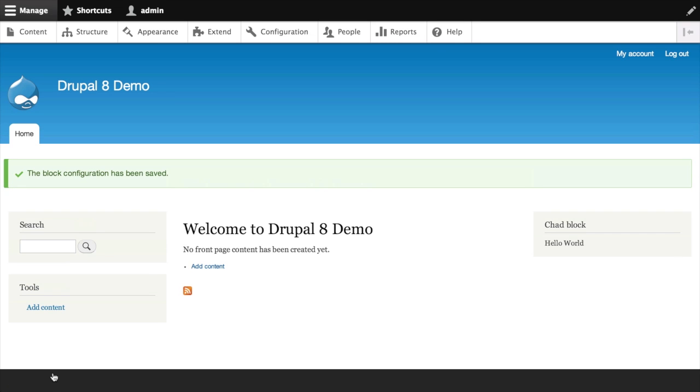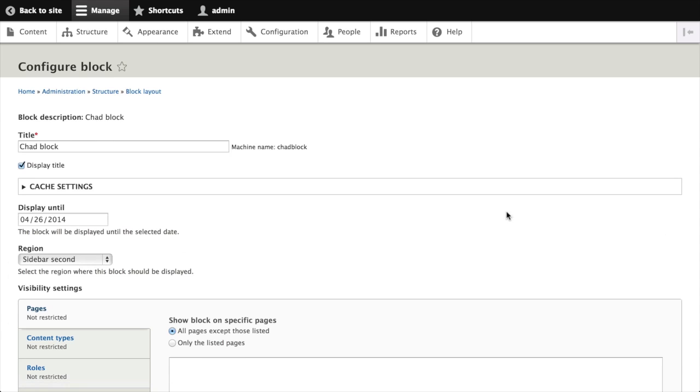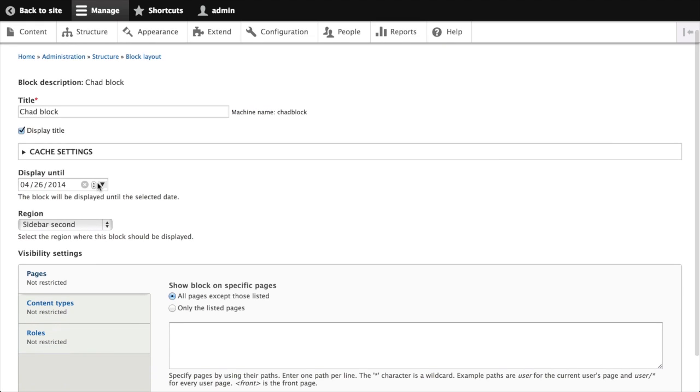Drupal ends up calling the block submit method that we just added to our Chad block plugin and saves the data because we use the set configuration value method there. So when I go back to configure the block again, we've reloaded the configuration and added it to the form so we can see the existing value. And we can confirm that the save method is actually working because our value is still there. So that's cool. I can add fields to the configuration for my block and pretty easily save or alter the